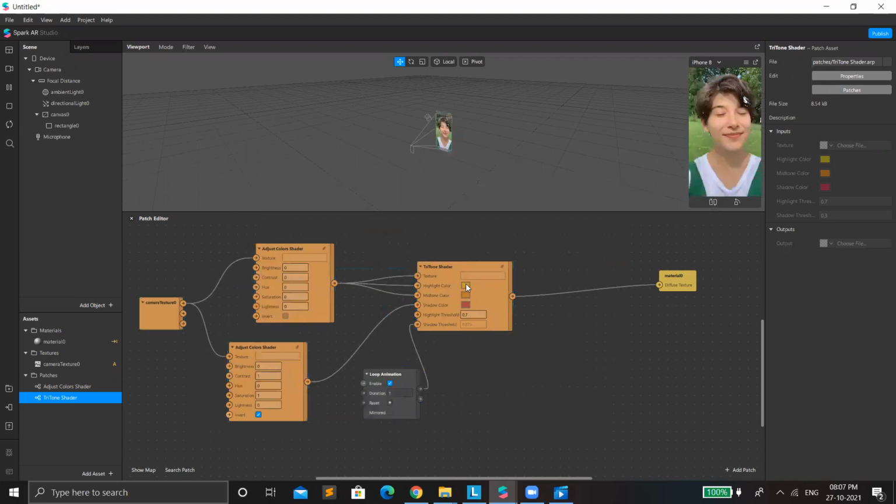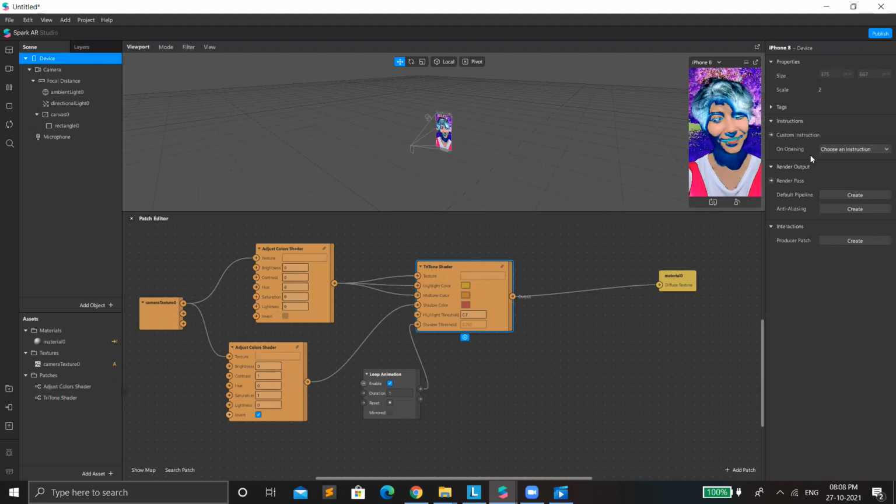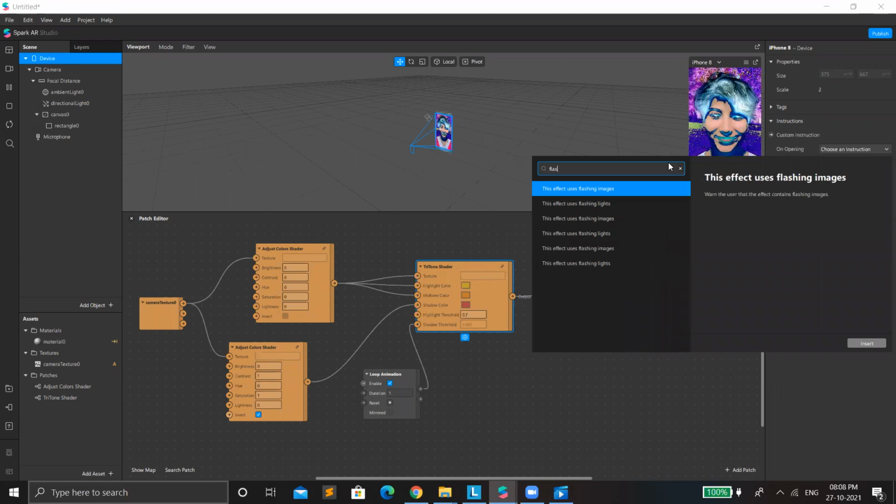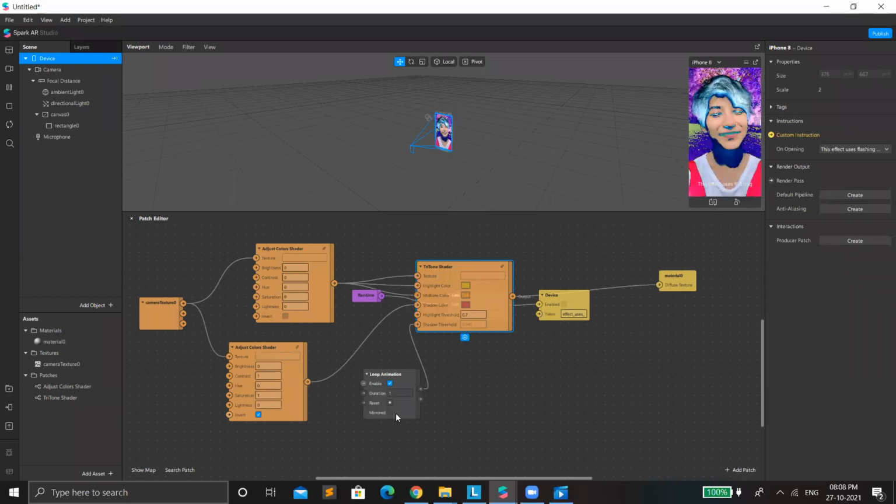So I have used the default colors. You can change it from yellow, orange, and red to all the different shades of red. But make sure that while making these types of effects, you should choose the instruction as flashlight is used. Otherwise, these flashlights usually affect the eyes of the people. So make sure that you just insert this instruction, and then what you can do is,